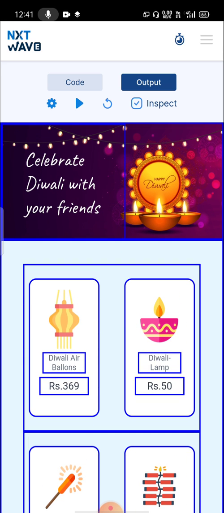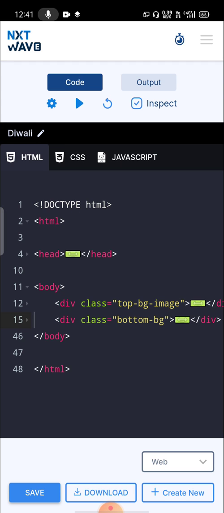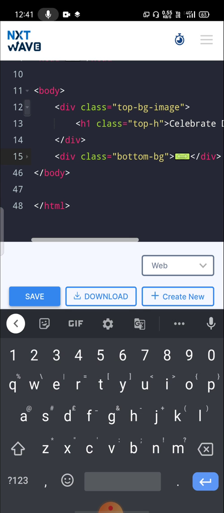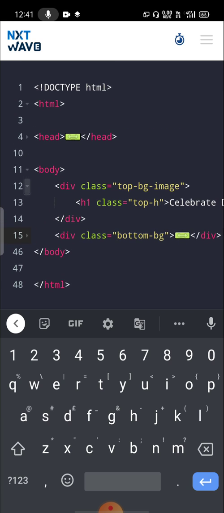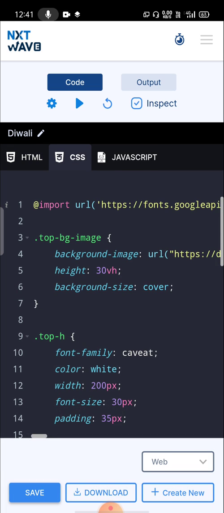Okay, in this way first we need to divide the web page into small parts and then we will try to achieve that. Okay, first we need to see how to get this top session. Okay, for this, look at this. I created a div container. In that div container, I added a background image in CSS property. Look at this. There is a top hyphen bg hyphen image. This is my class